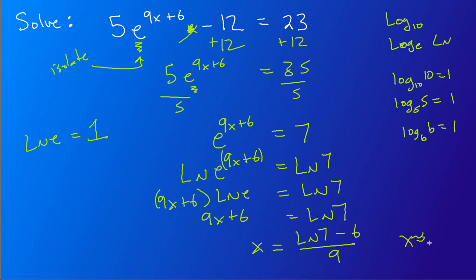Our ln key should be where the e is. Now, not the capital E as in the... This is going to be confusing to say. Your calculator can type letters on it. We don't want that. We want the little e with the x, and that should also be the ln key. So we're going to natural log 7, subtract the 6, and divide by 9 at the very end. And we get x is approximately negative